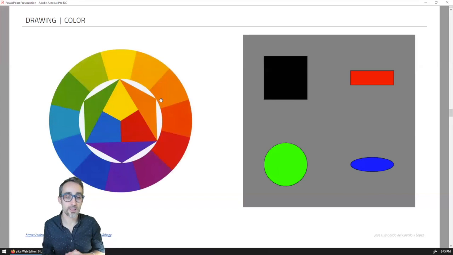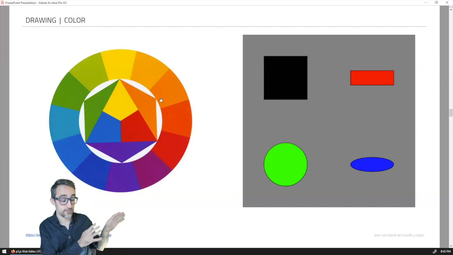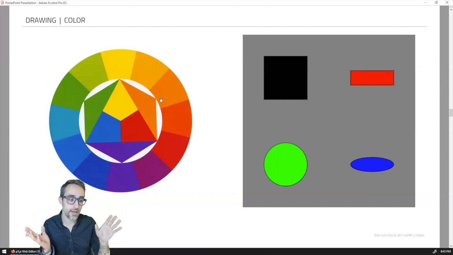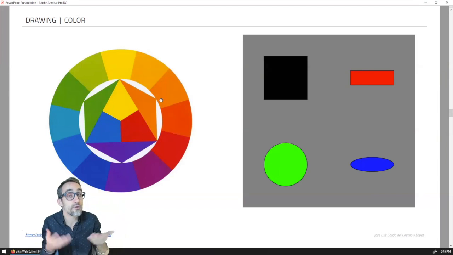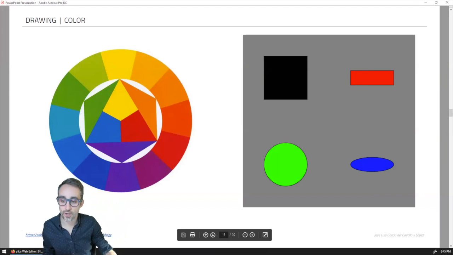I would also like to teach you the fundamentals of computer color and how computers represent the whole spectrum of colors that we can see in nature. If you're familiar with computers, the only thing that computers really understand is numbers. So we need to find a way to define that the color red, the color green, the color blue have a certain numerical representation. So if I go to the